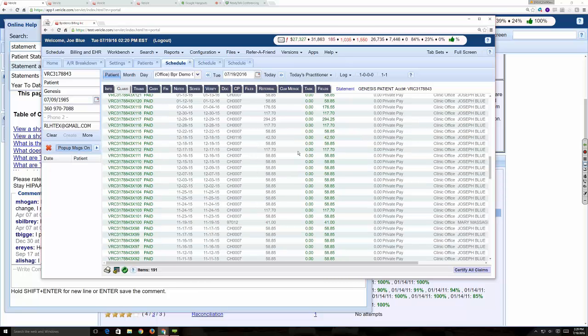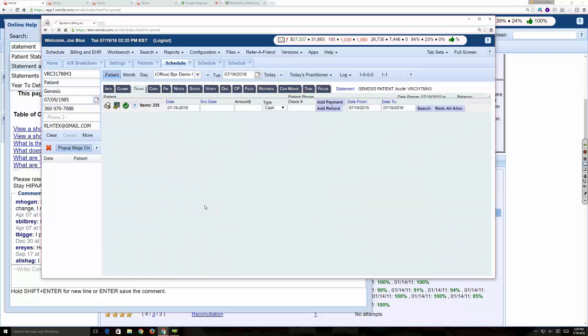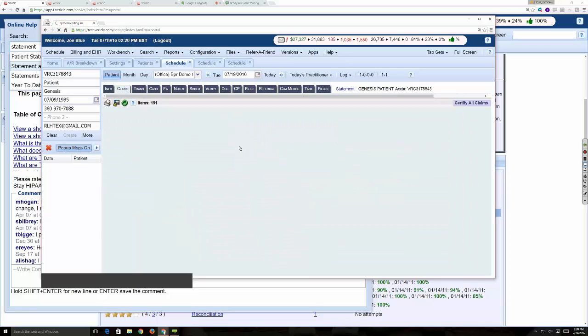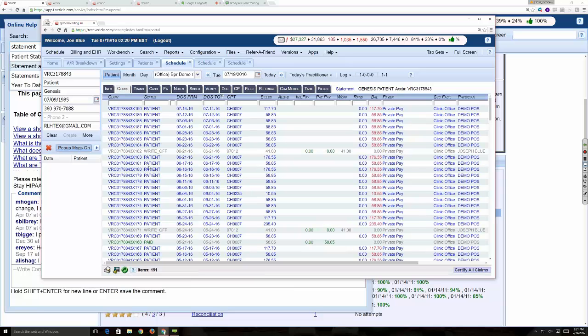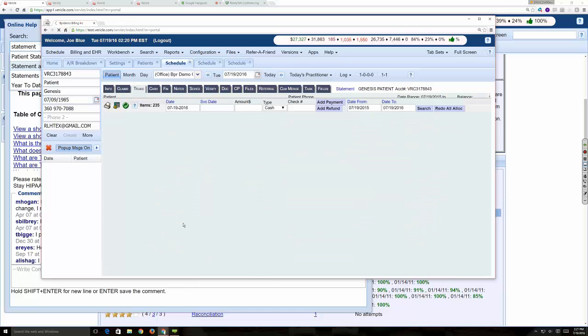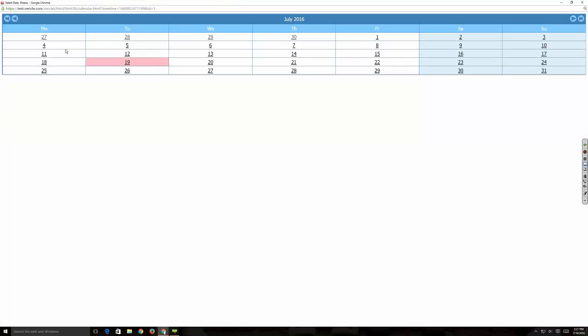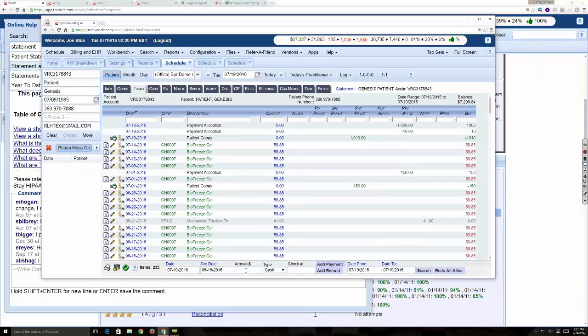The only other thing to note is when you're posting a patient payment and you actually specify a service date. So we're going to go back here and we're going to look at a specific service date, and we're going to just randomly pick one here of June 16th. And we'll go back to our Trans tab here. And if we click on this calendar, make it really big here, June 16th, if we choose that one here and we place in $40 and we add that payment,